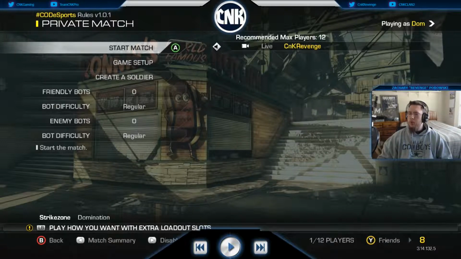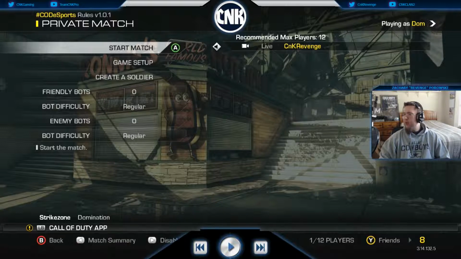Today I'm going to be looking at some of the spawns on Strikezone. As promised, the last video uploaded was detailing some spawn scenarios on Freight. I'm going to go over Strikezone, which is a really tricky map, and I have another thing I want to add to this video, kind of explaining how you should play this map, because